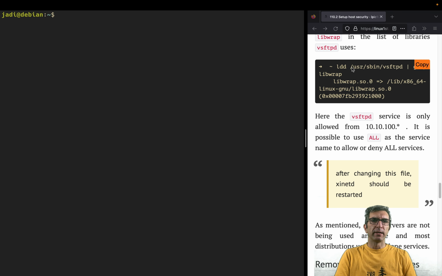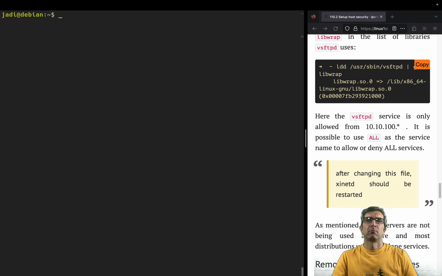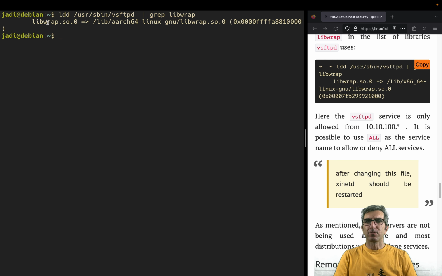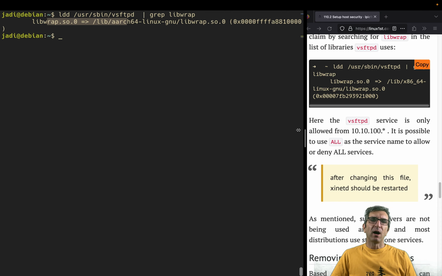I have this here, ldd. ldd shows the libraries used in a binary. So you can say /usr/sbin/vsftpd. It shows all the libraries in vsftpd, and for sure there is libwrap. Yes, it uses libwrap. So you can use this vsftpd, which is a very secure FTP server, with